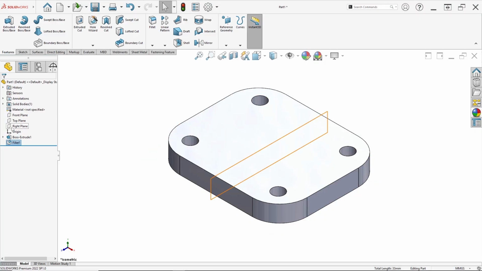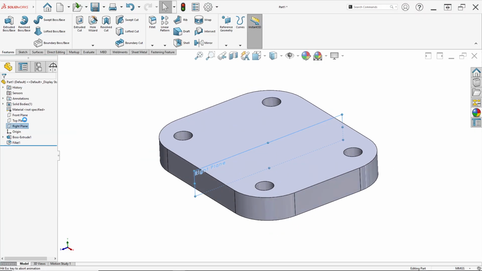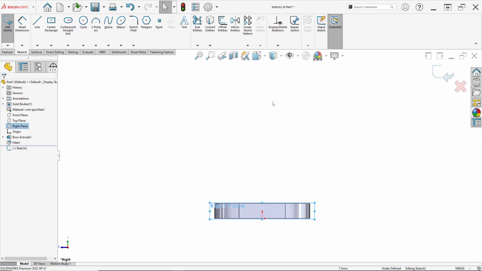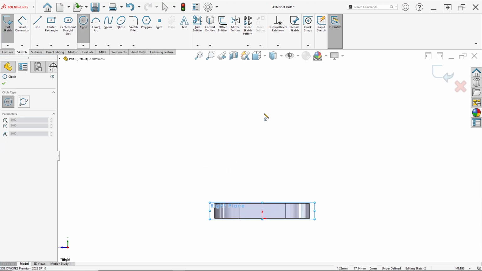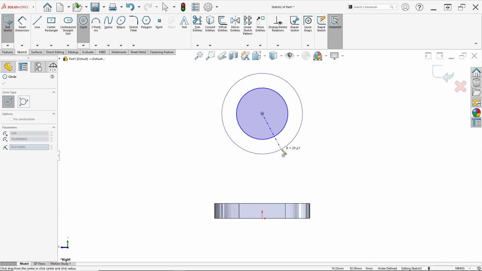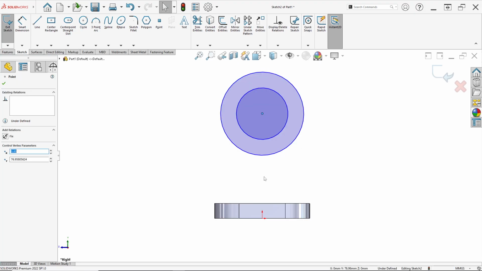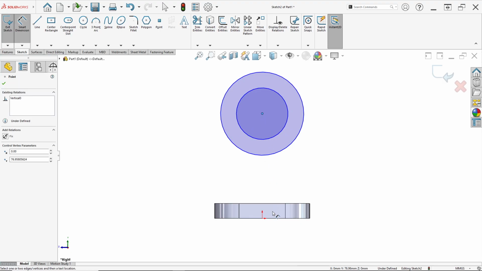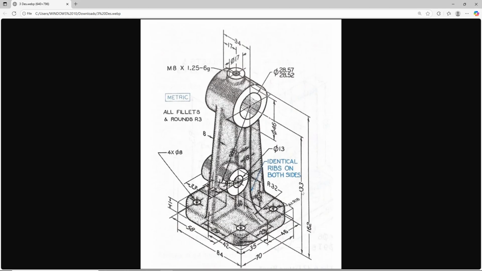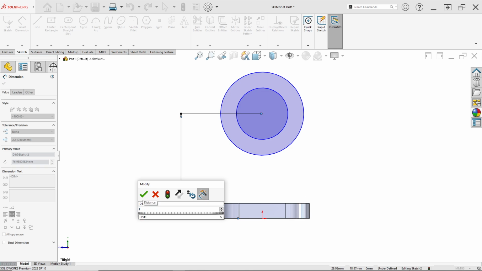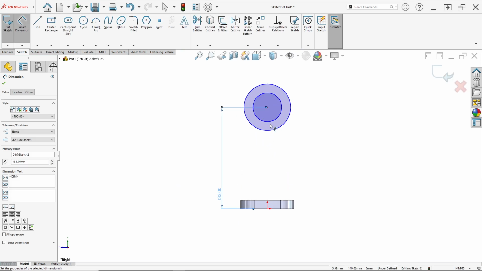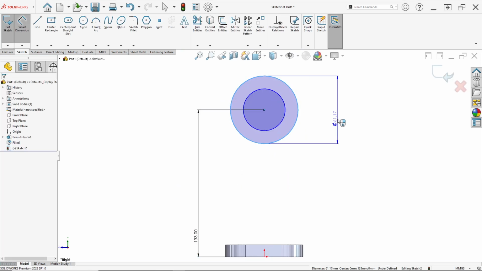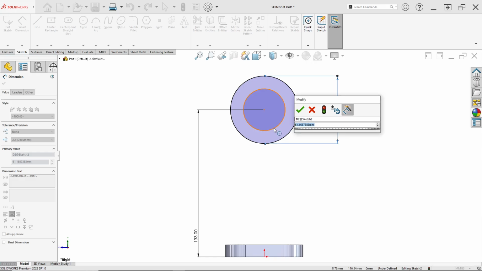Then right click on right plane and click sketch. Draw two circles like this. Ensure the center of this circle, click Ctrl and click this point, click make vertical. Then set the distance from this point to the bottom edge at 133 millimeter. Then set the outer circle diameter to 46,